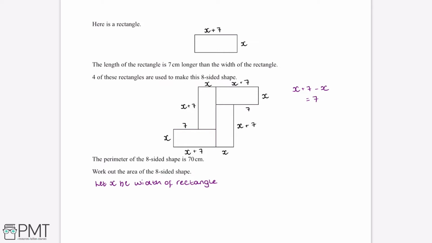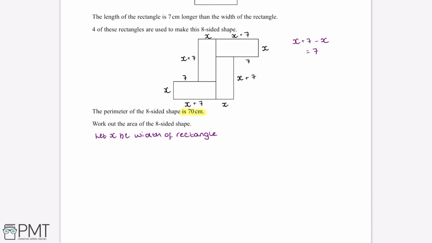Now we've been told that the perimeter of this 8-sided shape is 70 centimetres. So what this means is all of these side lengths added together will be equal to 70 centimetres. So what we can do is form an expression from this. So if we start with this x plus 7 here, then this gives us that 70 is equal to x